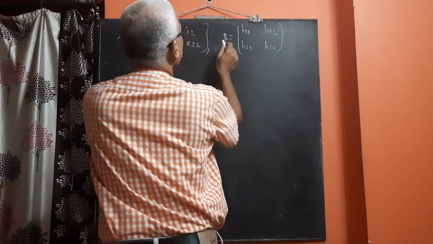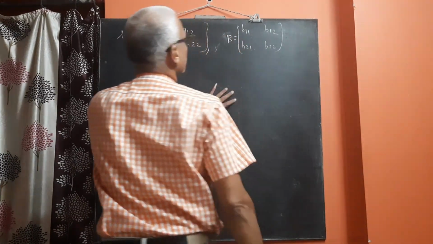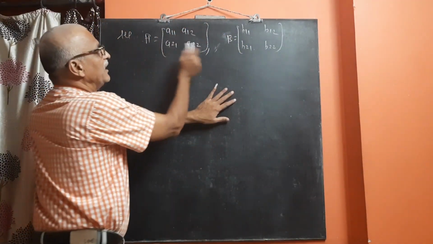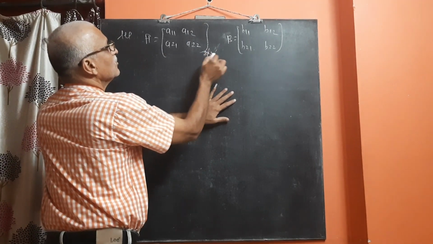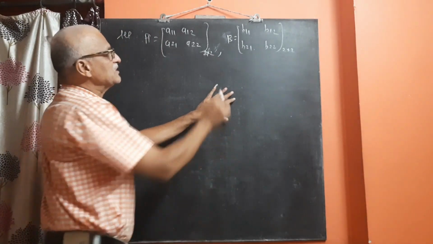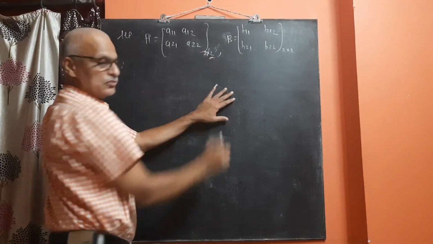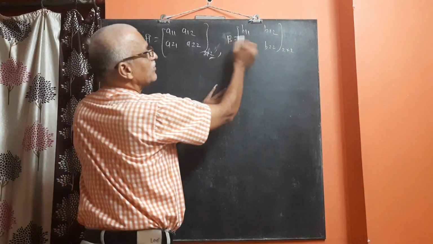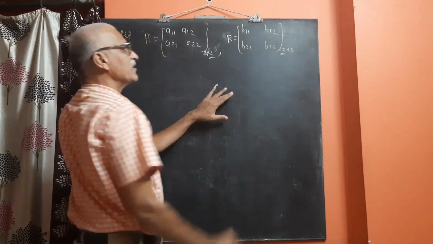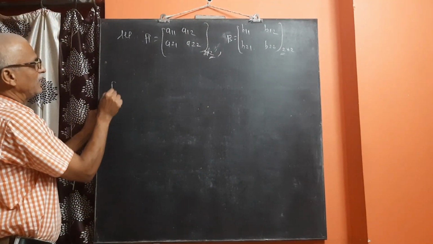This is matrix A and this one is matrix B. The order of A is 2 by 2. The order of B is also 2 by 2. Since the number of columns of A, that means this 2, is equal to the number of rows of B, that is 2, we can find out A and B. So we can write down here A into B